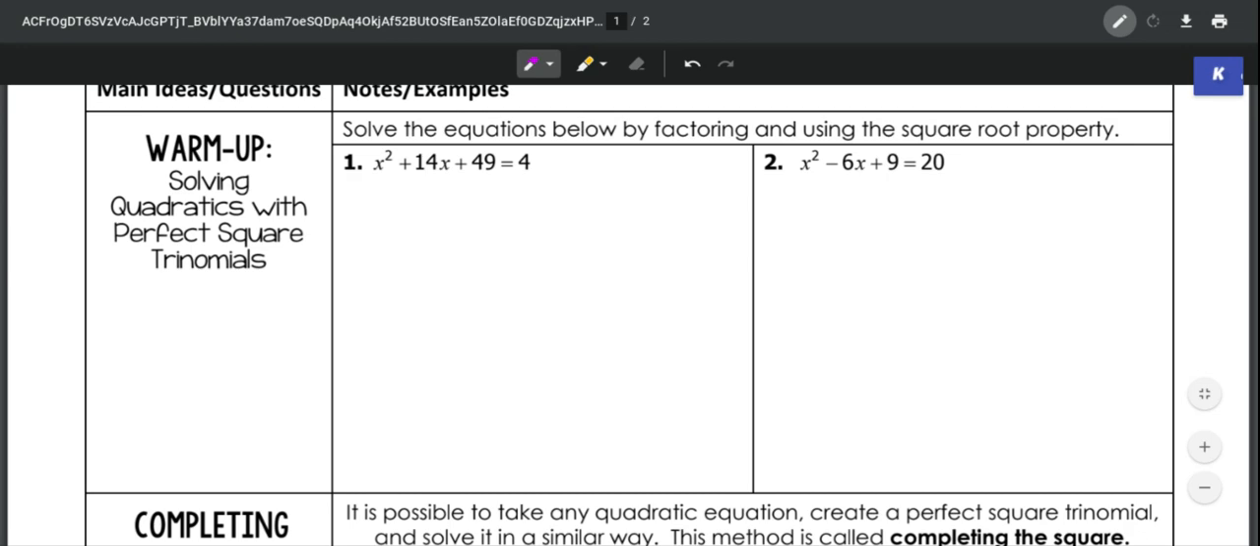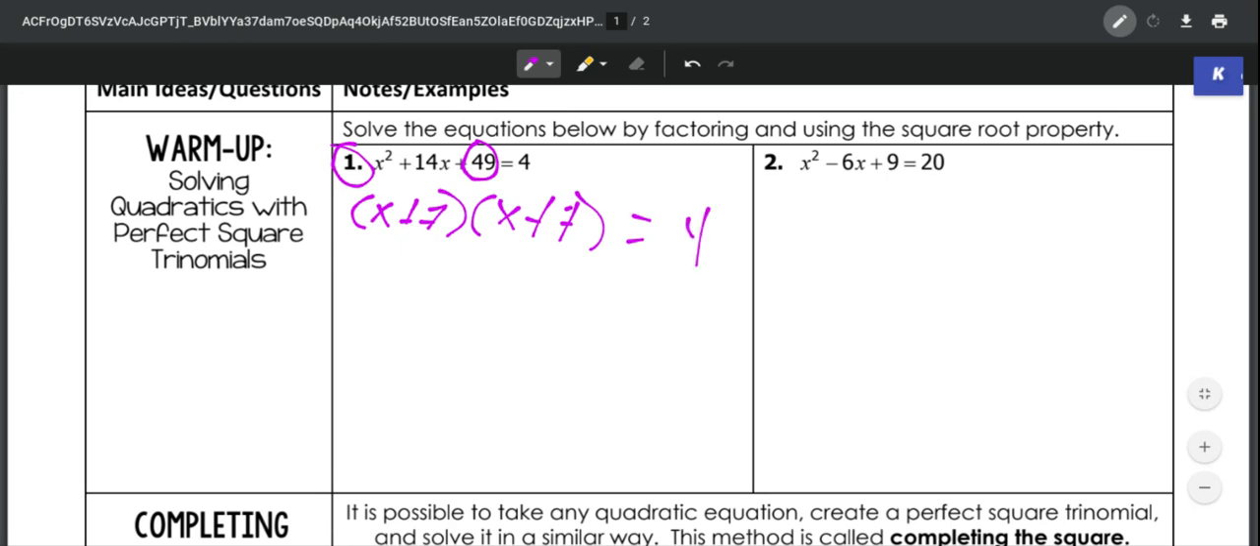So let's look at number 1. And I don't think you'll struggle too much with this, so we're going to go over it quickly. So we've got x squared plus 14x plus 49 equals 4. If we are just looking at the left side, we can use the product sum rule to solve this. We've got 49. We need two numbers that multiply to give me 49 and add together to give me 14. That would be x plus 7, x plus 7